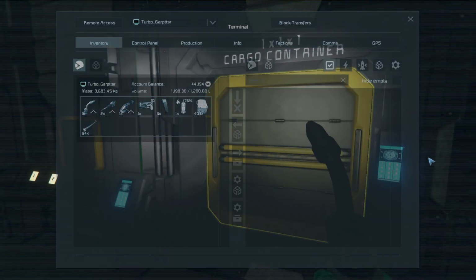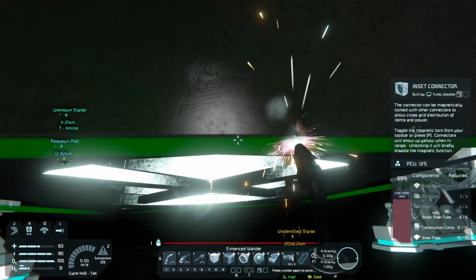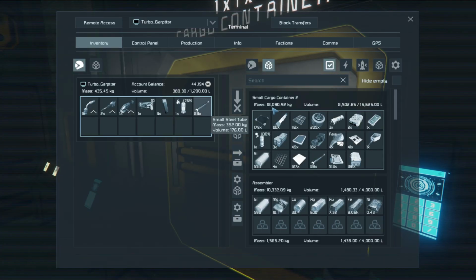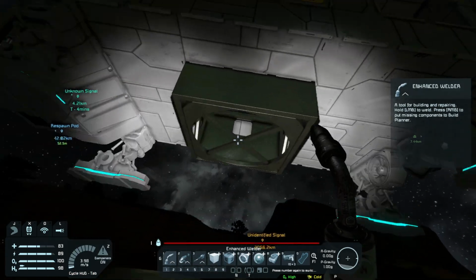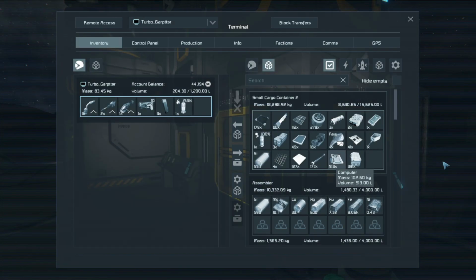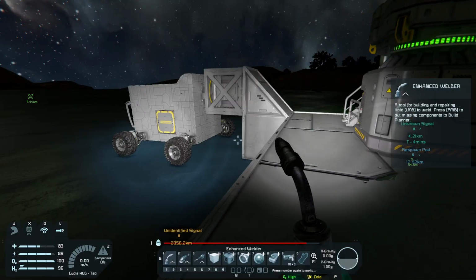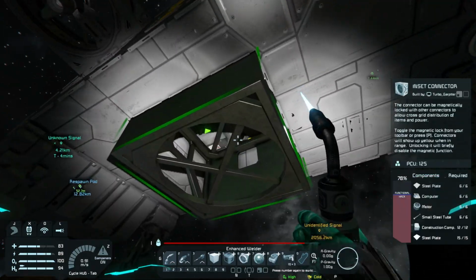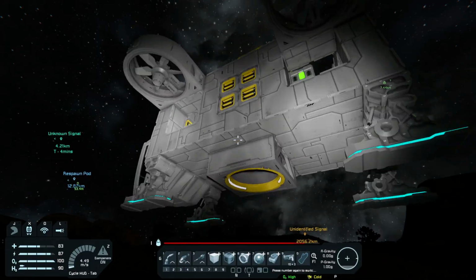Alright, small steel tubes, construction comps, motor, computer, steel plates, motor, computer, and steel plates. Steel plates, computer. I hear you. Damn wolves. Alright. So now that that's done,